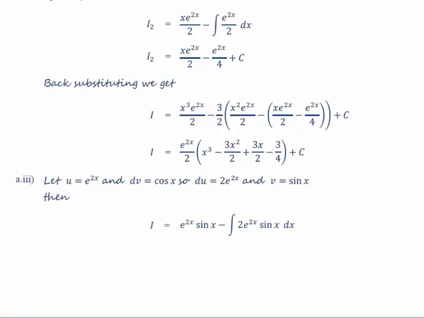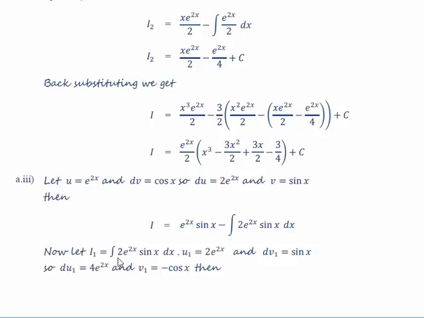So I, the integral now, equals uv, so it's u, e to the 2x, times v, which is sine x, minus the integral of v du dx, which is sine x times 2e to the 2x. This time I'm going to take the whole of that expression and call that I1. So I1 equals the integral of 2e to the 2x sine x dx, u is equal to 2e to the 2x, and dv1